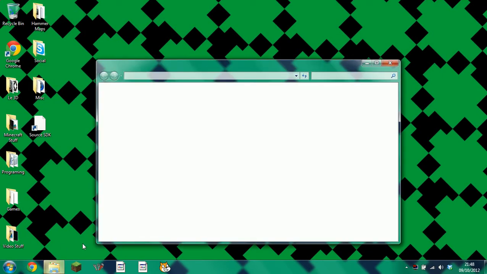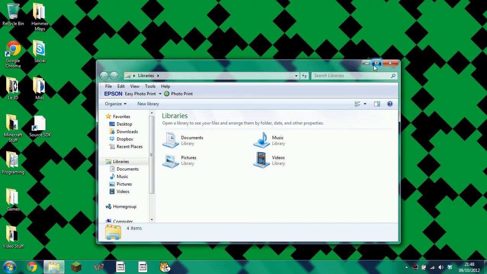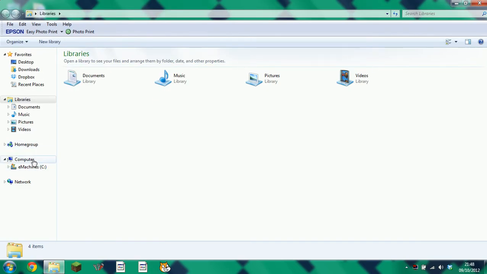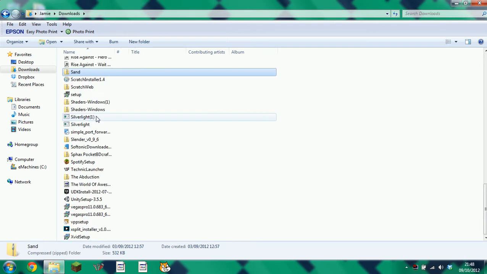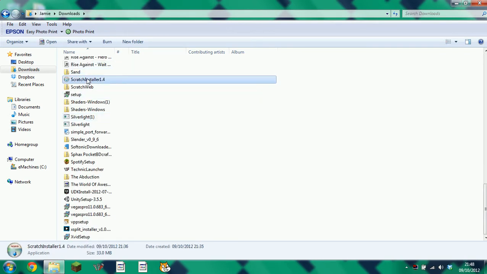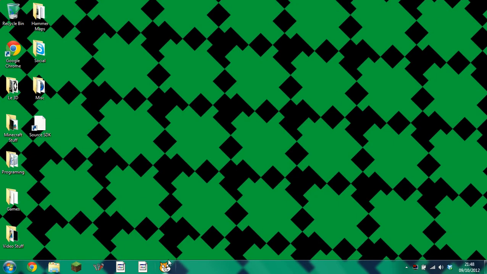either if you have Chrome, it'll be down here, or it'll be in your download manager in Firefox, and I don't know about Safari, but if you head on over to the downloads folder and you press S, you will see pretty much the Scratch installer 1.4. So go ahead and run that, and when you're done you'll see a little icon like this cat on your desktop. So when you see that, just double click it